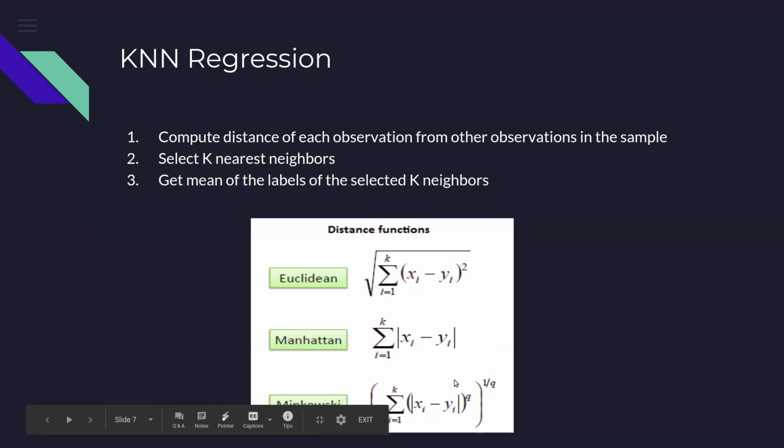And the third way is that we take the difference, and here I have the flexibility, not just the square. I can raise it to the power 3, or the power 4, and then we again take the sum, and then we take the root. So we first raise to the power q, and then we take 1 by q, which means the qth root of that number. It is just a variation of the Euclidean one.